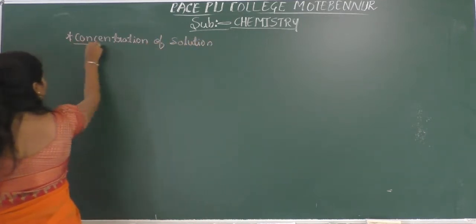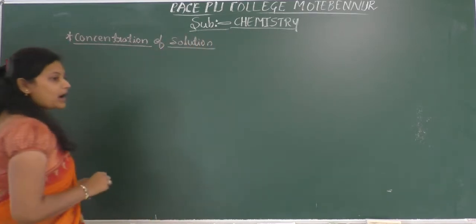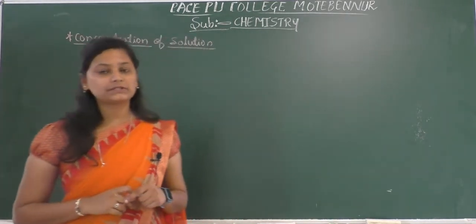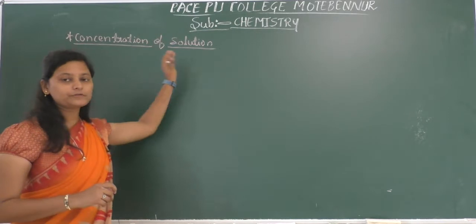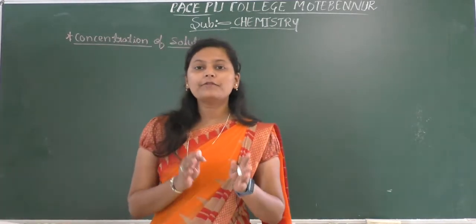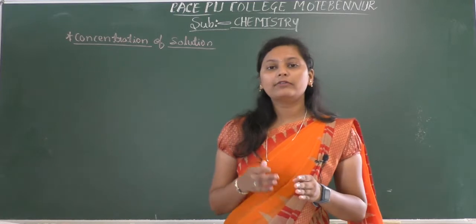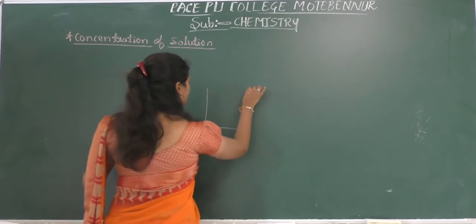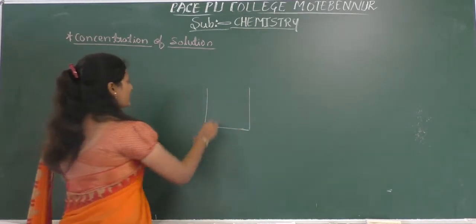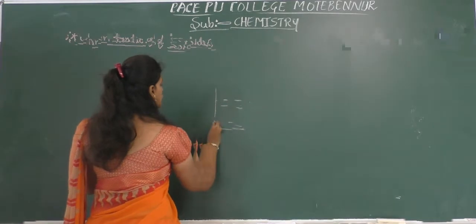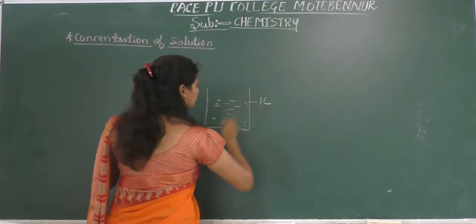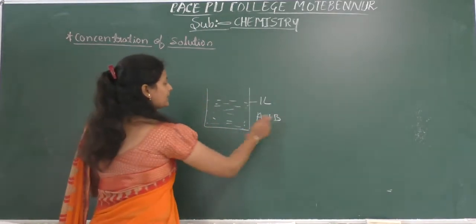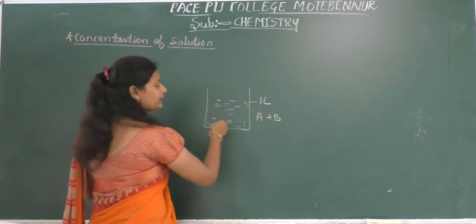So this is also called the strength of a solution, or the amount of a substance which is present in a solution. Then what do you mean by concentration of solution? Here the concentration of solution is nothing but the total amount of substance which is present in a given volume of a solution. Just imagine, this is a container, and this container contains 1 liter of a solution. In it A and B are present, they are liquids, present in 1 liter of solution.